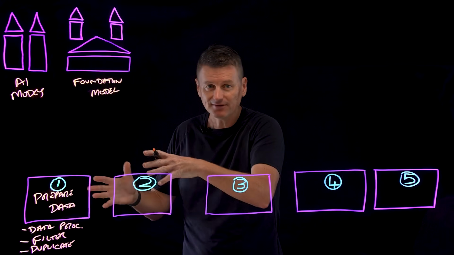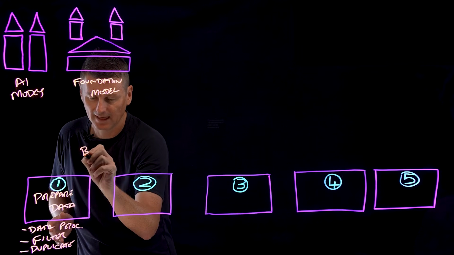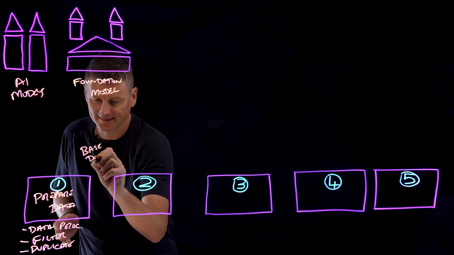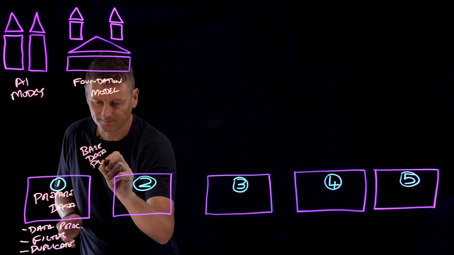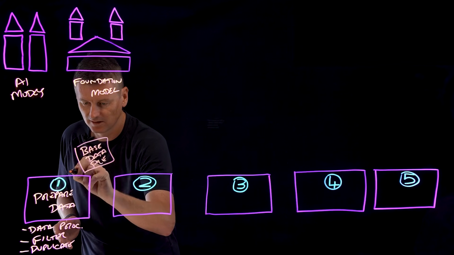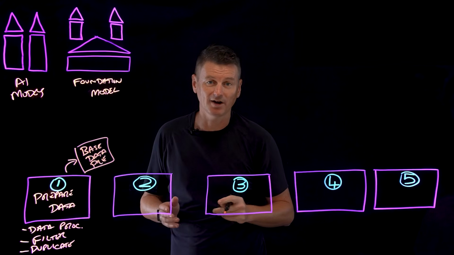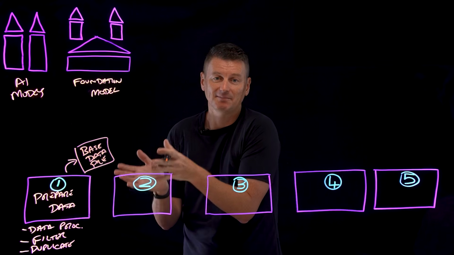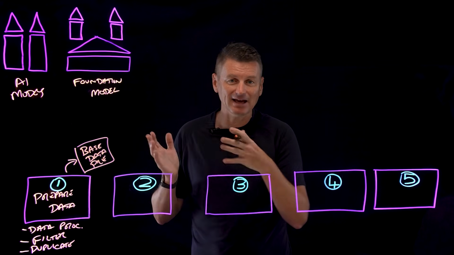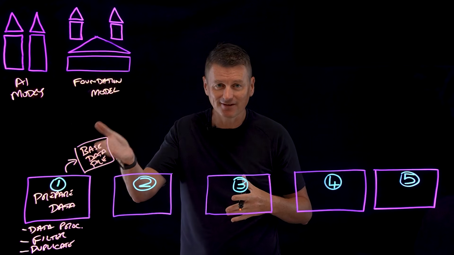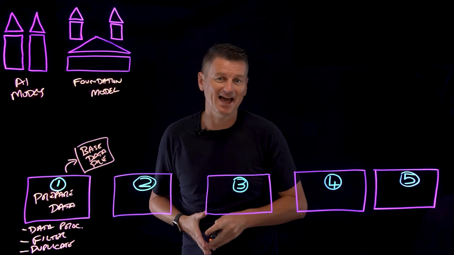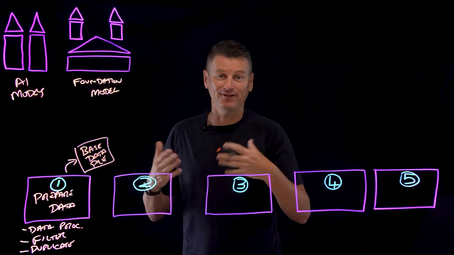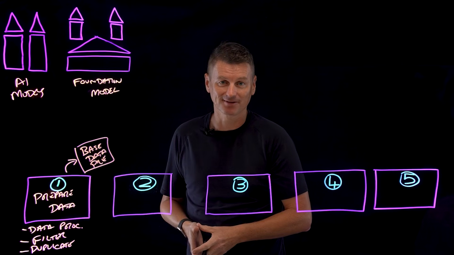And then that leaves us with something called a base data pile. So that's really the output of stage 1. And this base data pile can be versioned and tagged. And that allows us to say, this here is what I'm training the AI model on, and here are the filters that I used. It's perfect for governance.